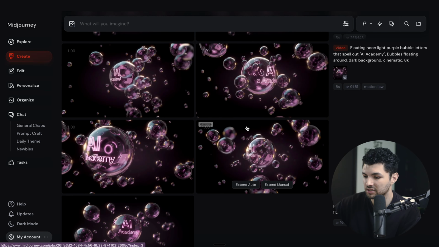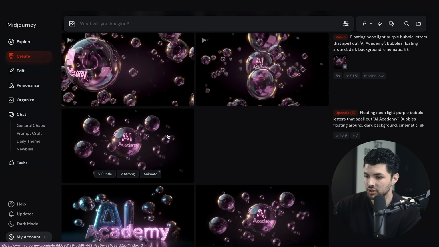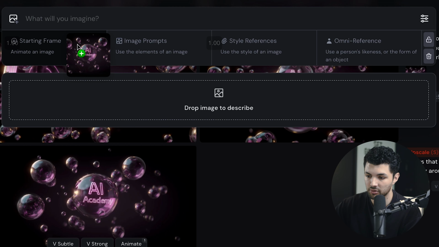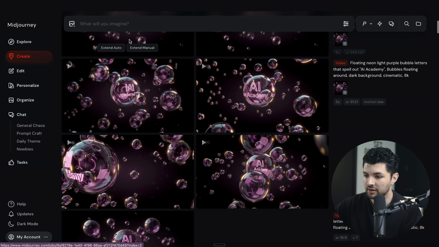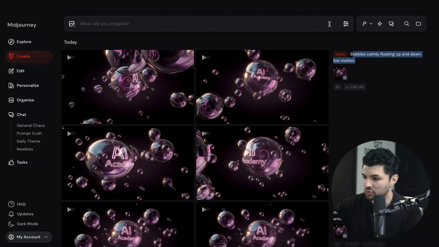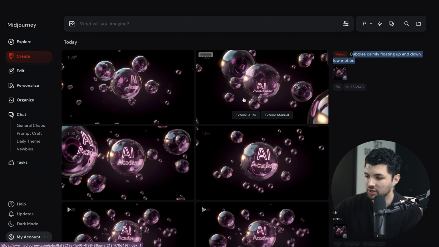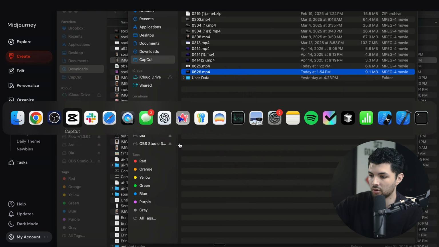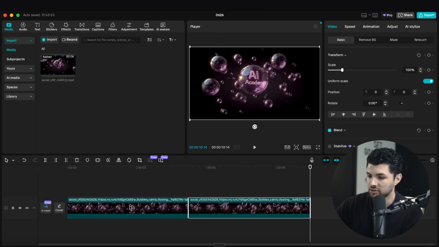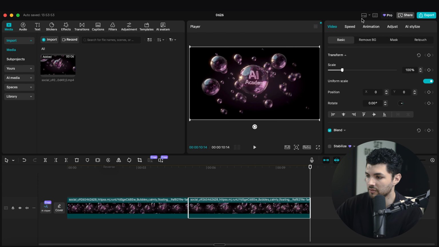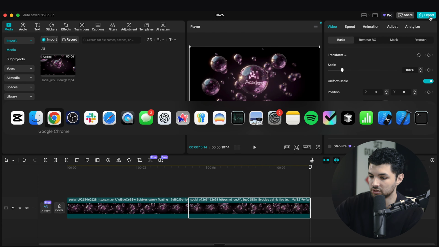If we don't like it, we can always just drag the image back up to here, the starting frame. So we can drop images here to start our animation, and this will be the starting frame of the animation. And then we can add a prompt just like we did right here, and then press send, which will pop up right here once you have a prompt. And then you have your video. Once you decide what video you like, you download it here, open up your editing software, add it to the timeline, copy it, paste it, then reverse the second video, then export it,